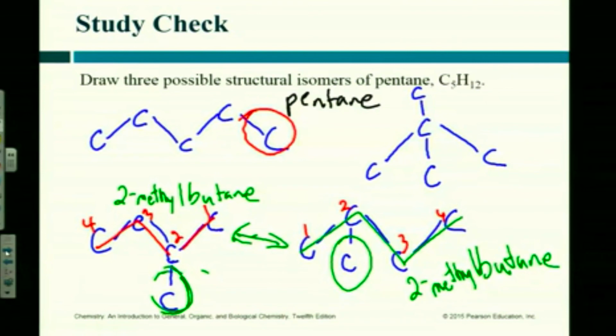All right. Can anybody predict what the name for this one's going to be? What's the longest number of carbons I have here? 3. So what's the base name? Propane. And then I have